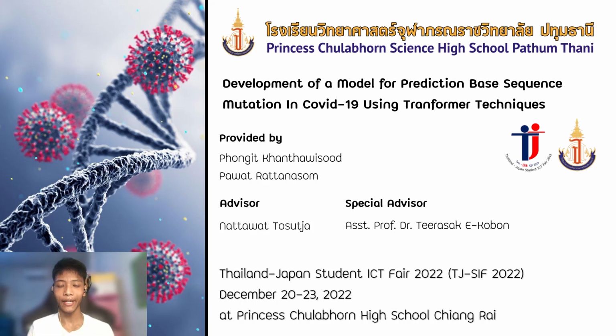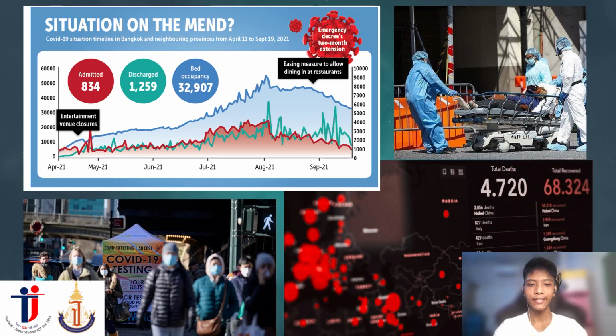Hello, ladies and gentlemen. Our project is the development of a model for prediction-based sequence mutation in COVID-19 using the transformer technique. The COVID-19 situation in 2019-2020 had 285 million cases and 5 million deaths, causing the global economy to collapse. But eventually, the economy came back for the better. When the number of infected people declined, COVID-19 spread again, resulting in many more infections and many more deaths